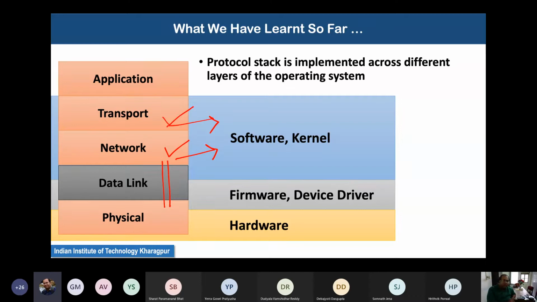So typically, the network interface cards which come in the market have their own firmware. Right? For example, the network interface card which comes from Atheros has firmware, nowadays termed 88, 10K or 88, 11K. Those are the device drivers which are available, which implement the functionalities that need to be transferred from the kernel to the file layer. Right? So that way the data link layer makes a bridge between this hardware and the corresponding software.